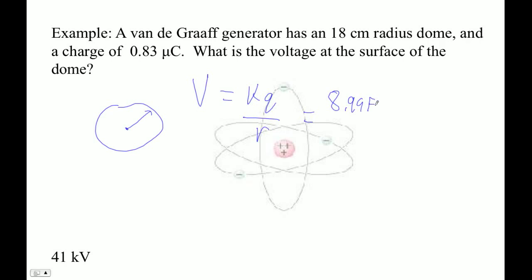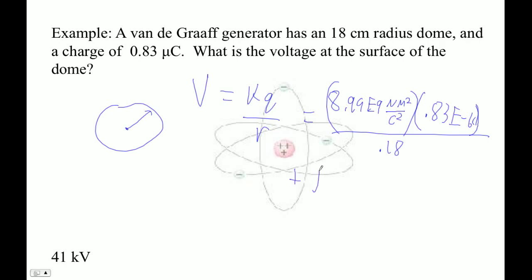So it's going to be 8.99 E9 Newton meters squared per Coulomb squared, times 0.83 E minus 6 coulombs. Whoops, get the coulombs in there. That's a parenthesis. And then divided by just r, not r squared, but just r, so 0.18. So let's do that. 8.99 E9 times 0.83 E minus 6 divided by 0.18. And I get that it is positive